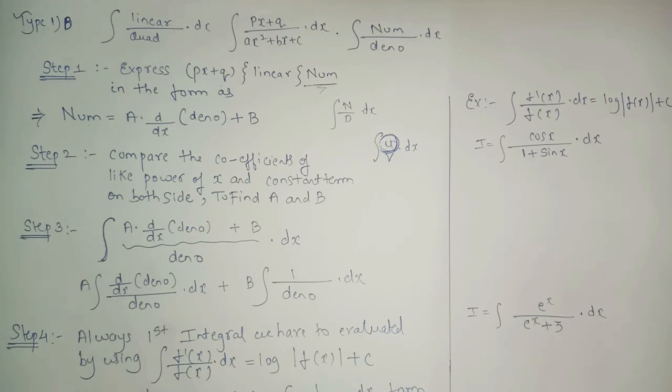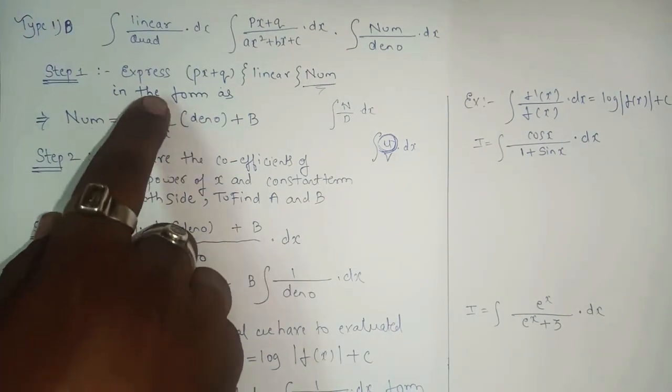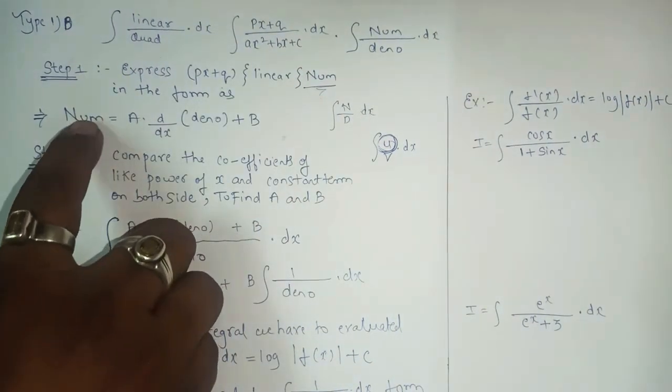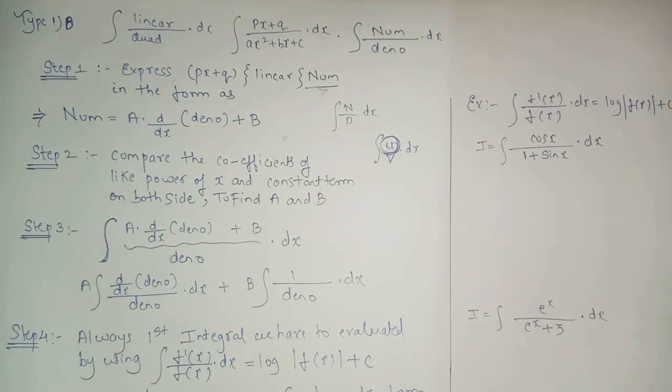Got the point? So why do we have to express the numerator like this? Because in integration we don't have a u by v rule, so we have to depend upon certain steps, and this is a textbook format. This is not my own format. This is the proper method in which you have to frame your steps and find your answer. So the first step is what? Numerator equals a times derivative of denominator plus b. The numerator is linear, the denominator is quadratic, and a and b are just constants. And what is step number 2 here?